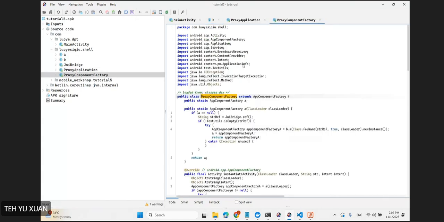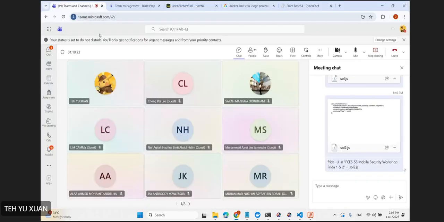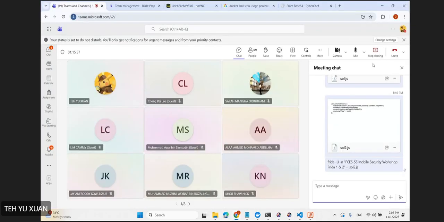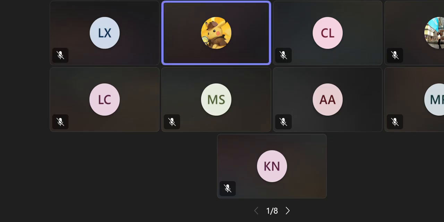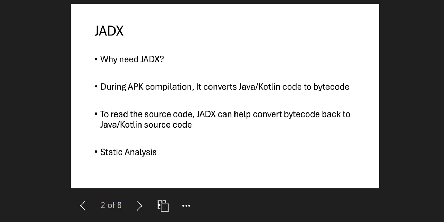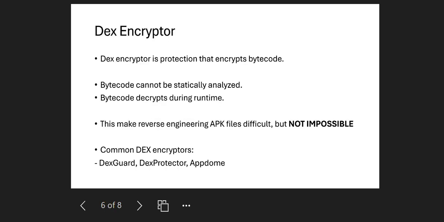This is something we call a DEX encryptor. Let me share my screen on Teams first. It converts from bytecode back into Java or Kotlin code. However, with building the APK,